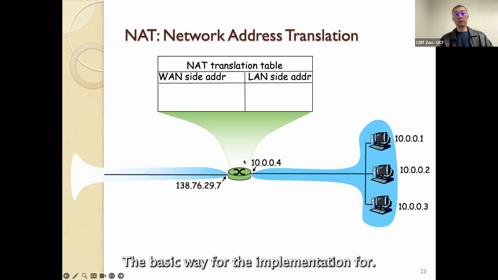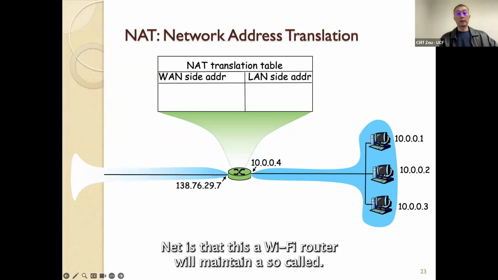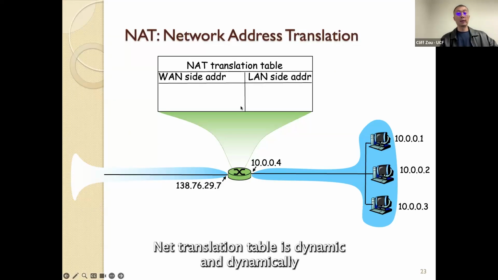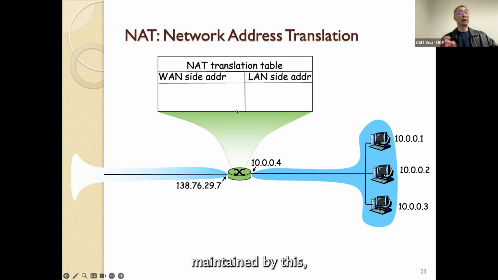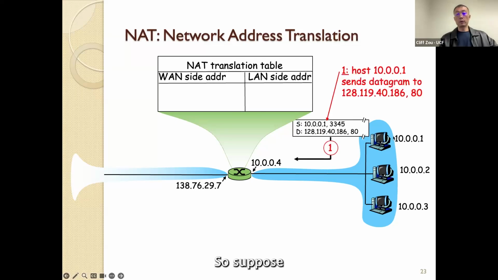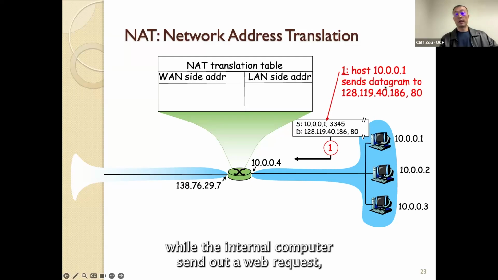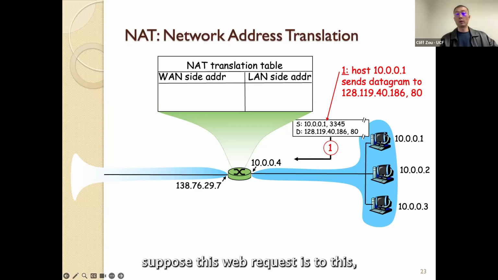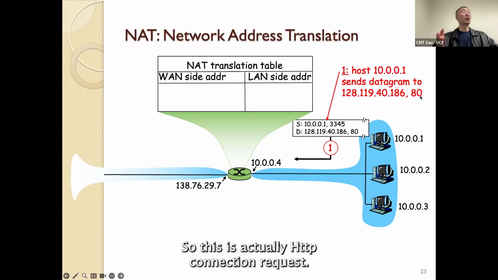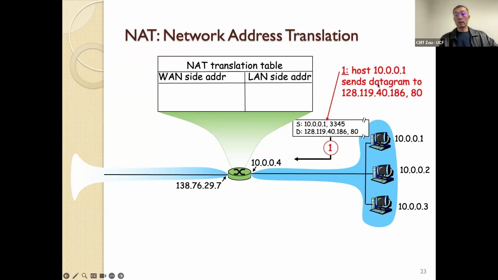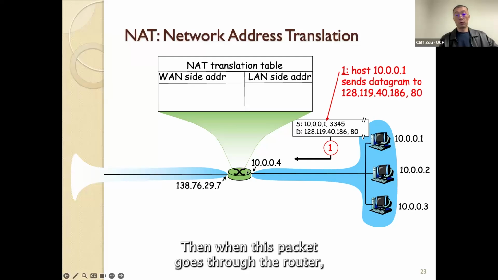The basic way to implement NAT is that this Wi-Fi router will maintain a so-called NAT translation table. It's dynamically maintained by this Wi-Fi router device. So suppose one of the internal computers sends out a web request, suppose to this web server IP address at port 80. So this is an HTTP connection request. Then when this packet goes through the router,